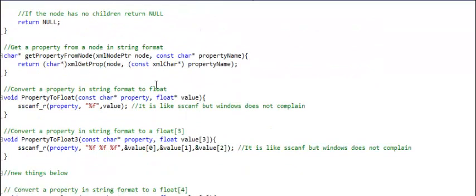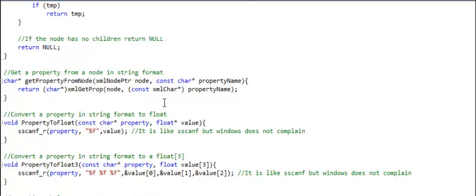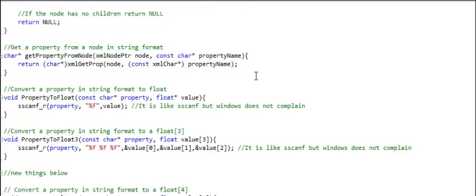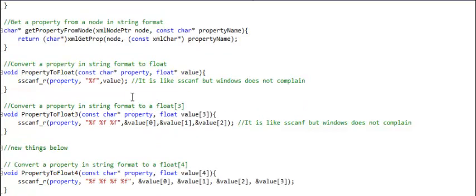We then have functions for extracting the property out of the nodes in our linked list, and we have a few of these. We have the function here for extracting the property from the node, and then we have a few functions for converting a property into either floats of different lengths or